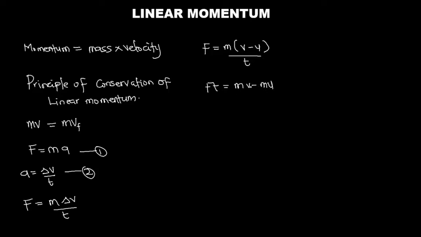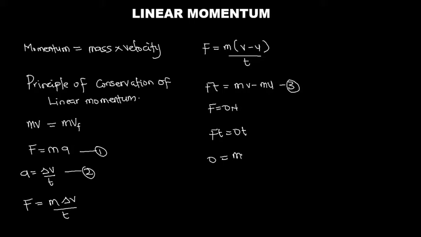Now this is momentum after collision, this is momentum before collision, because this is our initial momentum and this is our final momentum, and then this is the product of force and time. If you remember very well, I said the principle states that provided no external force acts on a system of colliding bodies, which means for this principle to be observed, our force has to be 0 newtons. Once the force is 0 newtons, this area over here, the force and the time, becomes 0 multiplied by t, which is still 0, which means this whole equation that we have over here, let me make this equation 3, becomes